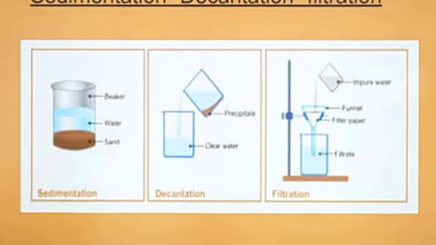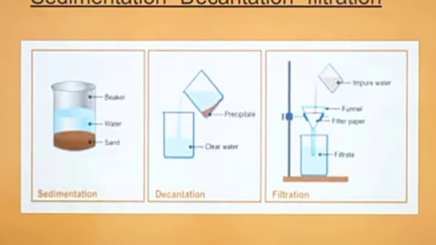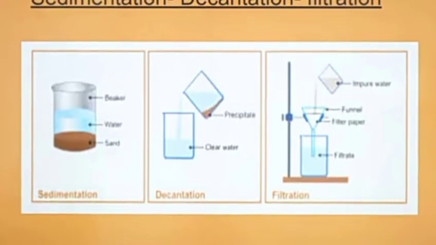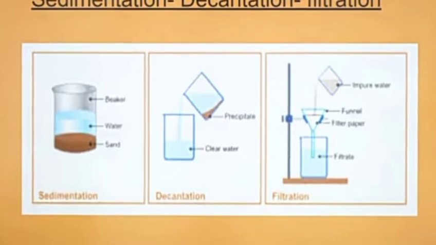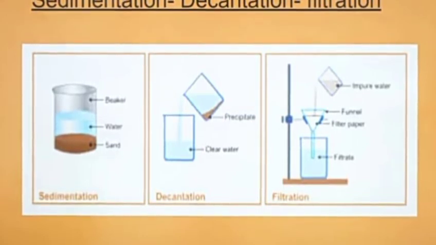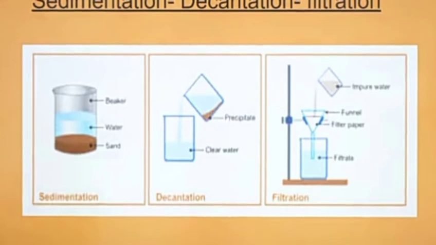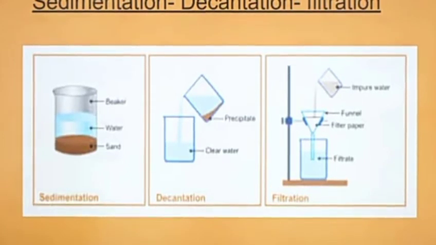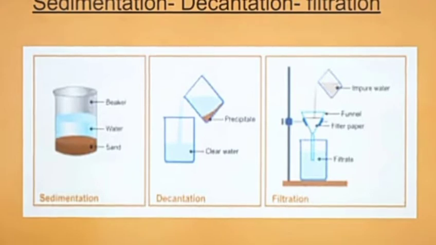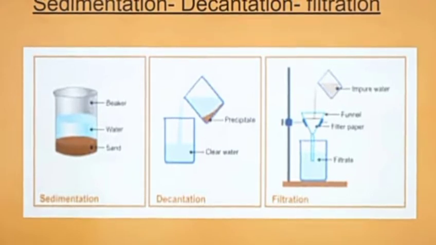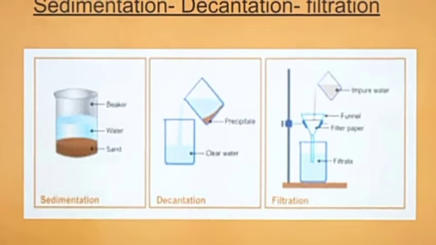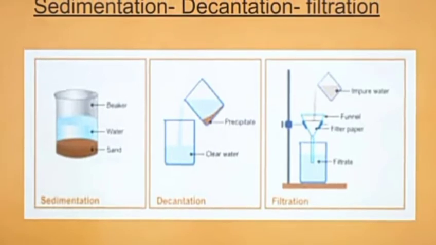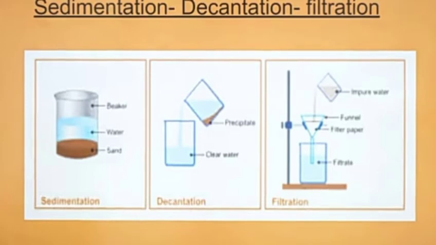Now, the first category involving sedimentation, decantation and filtration, these three methods are linked to each other. So, let me give you a quick overview of how these are linked. We will understand these three processes with the help of an activity. So, here we have the three processes. To have a look at it, what do you have to do?